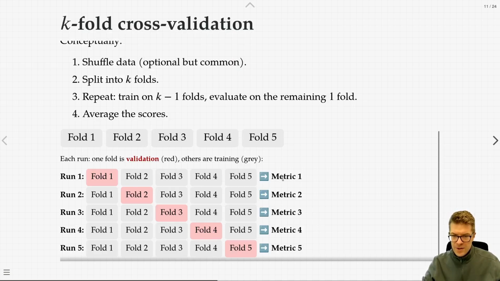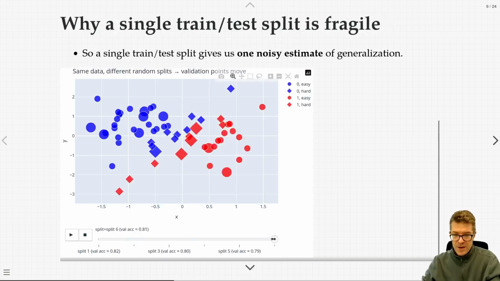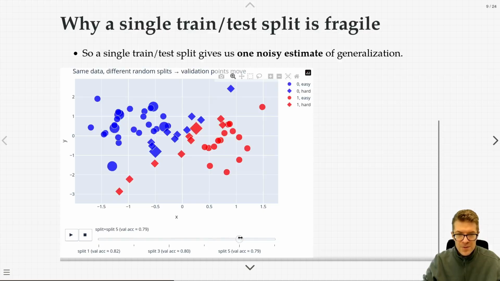I think I'll mention this in a while, but just quickly, if I do 5-fold cross-validation here and I get 5 metrics, 1 for each run, then I can also compute things like the mean of these metrics and the standard deviation of these metrics. So, returning to this example, if I had done 6-fold cross-validation and these were my 6 random splits, I'm not sure if that actually makes sense here. No, I guess they wouldn't be, because I can see a couple of data points being used several times. But anyway,